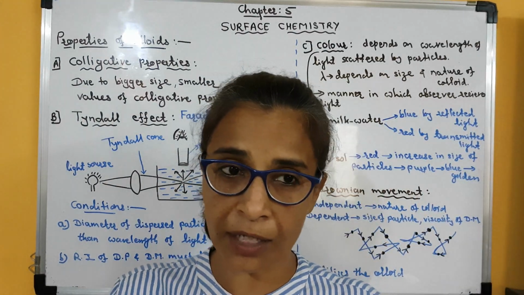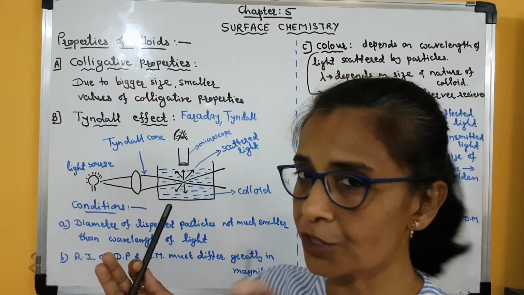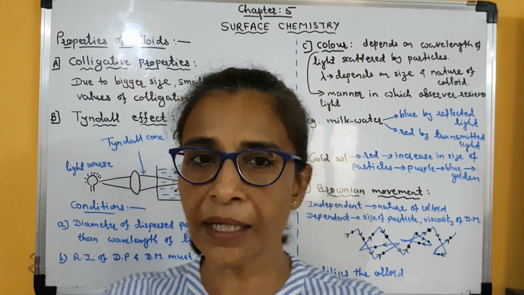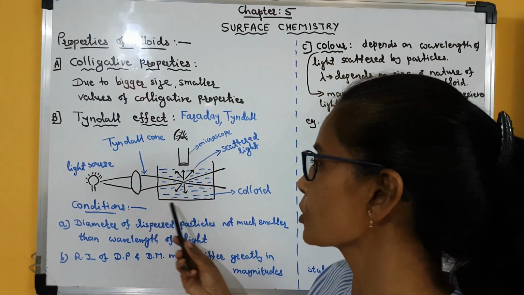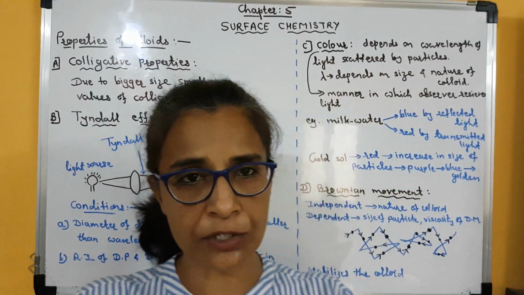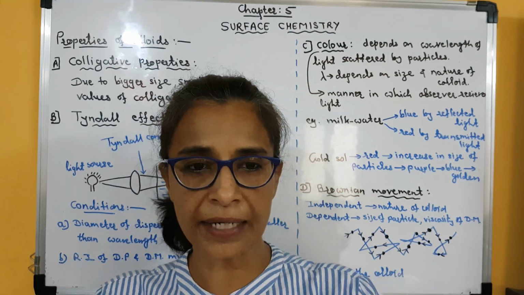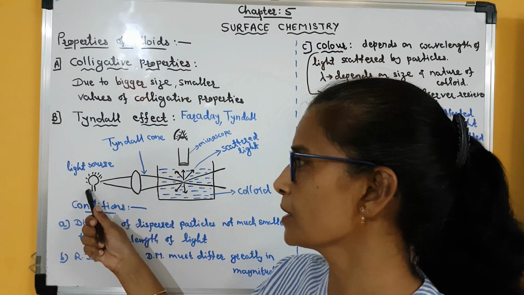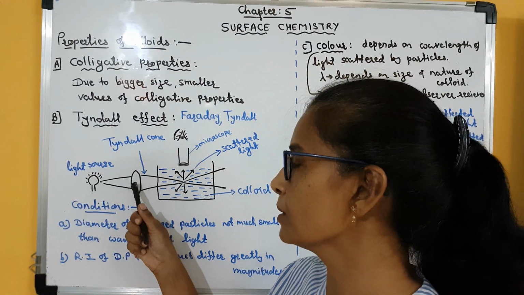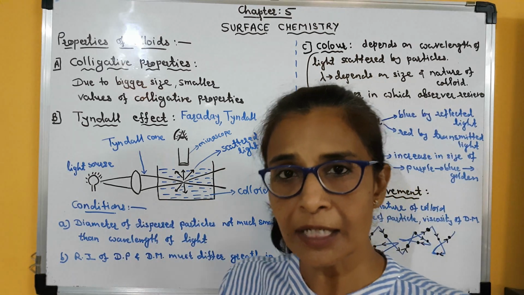Now here I need not explain to you what a colloidal solution is. In this type of solution, the particles are moving throughout, they remain suspended in the dispersion medium. So suppose we have a colloidal solution, and this solution is also taken in a glass vessel. It is kept in the dark, and when the light is focused like this, clear? This is the light source. When the light comes out of this lens, it will be focused on the colloidal solution.